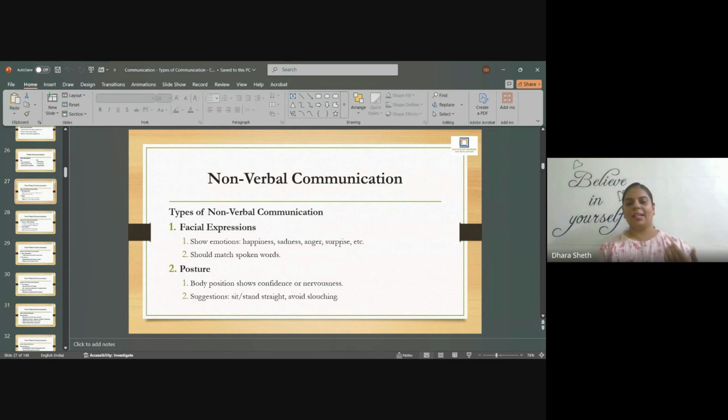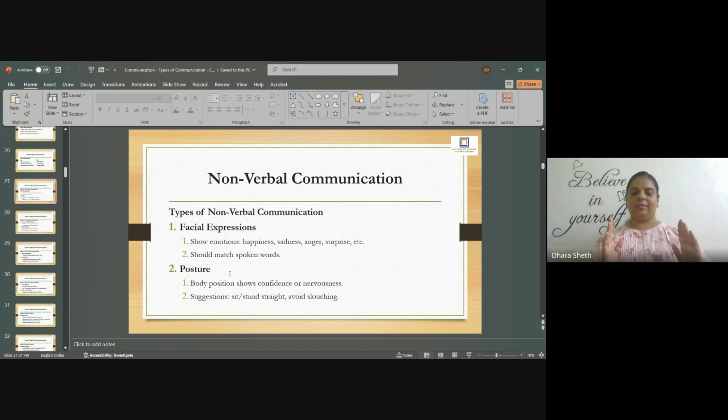What are the things that could be considered a part of body language? Your face, whatever emotions are shown. Now, facial expressions should match the words that are spoken. Happiness, sadness, anger, surprise. When you say I'm okay, but your face shows sadness, the other person understands that you are not okay. But when it comes to writing I'm okay in a chat message, this does not happen because the other person cannot see your face, or that probably you are crying.